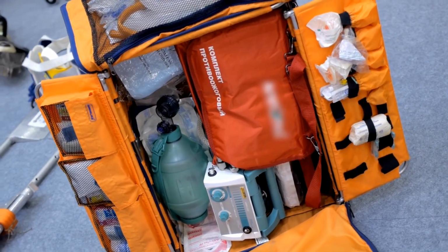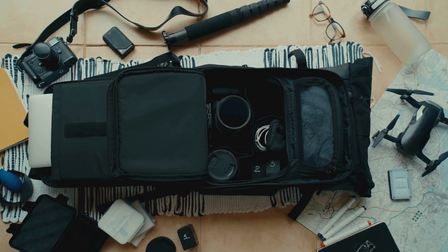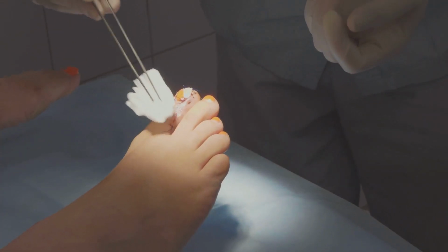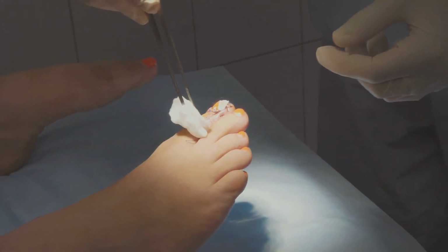Alright, first up, let's talk about the MVP of any travel kit, the first aid kit. I'm not talking about some bulky, hospital-grade monstrosity. Keep it compact, keep it light, but make sure it packs a punch. Think bandages for those inevitable blisters, antiseptic wipes because, well, hygiene, and some pain relievers for when adventure takes its